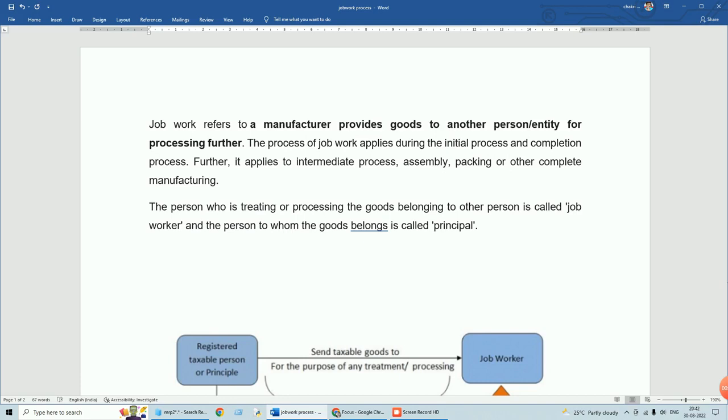The process of job work applies during the initial process and the completion process. Further, it applies to intermediate processes, assembly, packing or other manufacturing. So in this intermediate process, you can treat it as an assembly, or you can send it for packing. You can have many types of intermediate processes. If you don't have that capacity at your premises, you can send these goods to an outside person